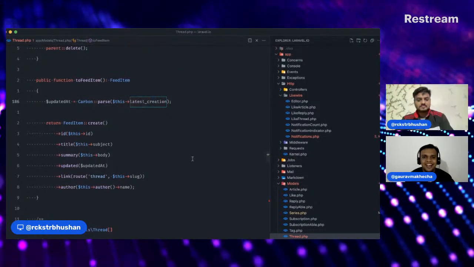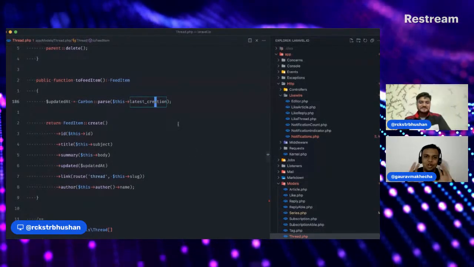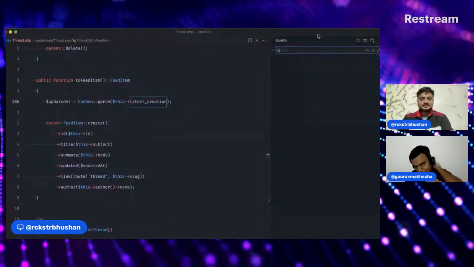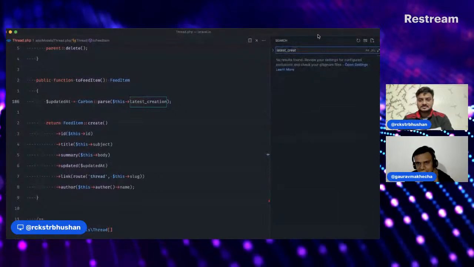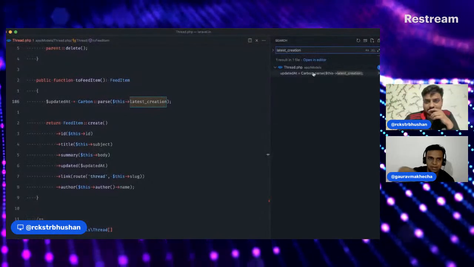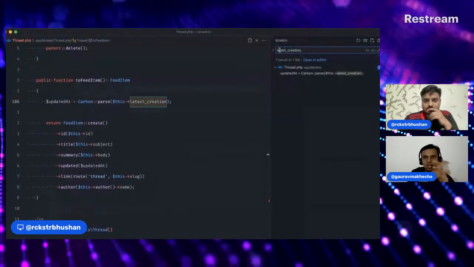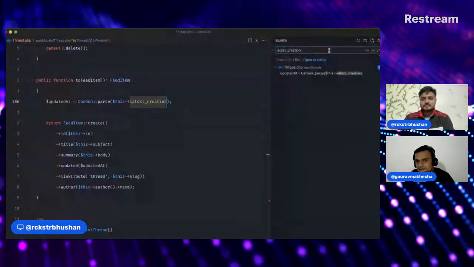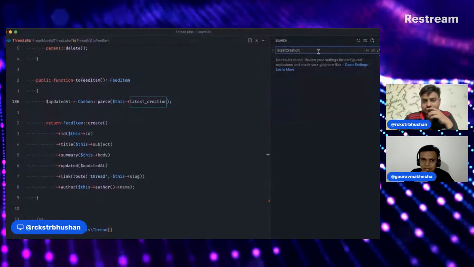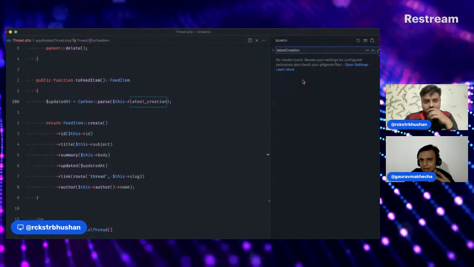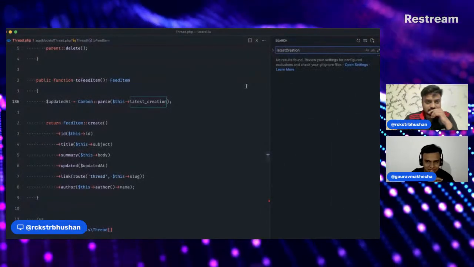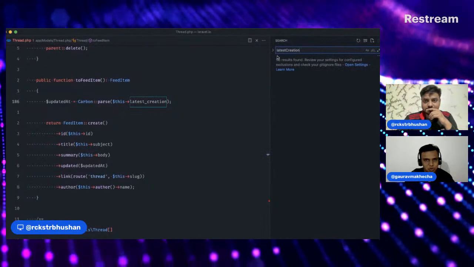Search in the whole code base, and you will not find it, nothing that may help you. So maybe this two feed item is not being used. You can search for latest creation, you can search for latest C capital in camel case. It will not be there at all. I couldn't find any magic. I'm not sure if the viewers see it and can quickly search and help us with it. But I think it's a bug. Something is there, maybe I'm not being able to see it. I don't understand. So we need to do something about it.